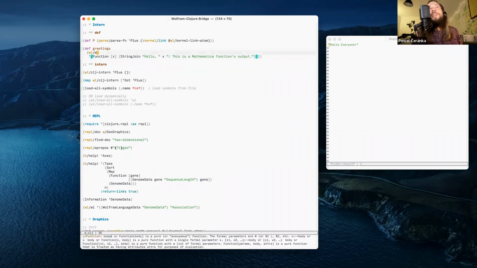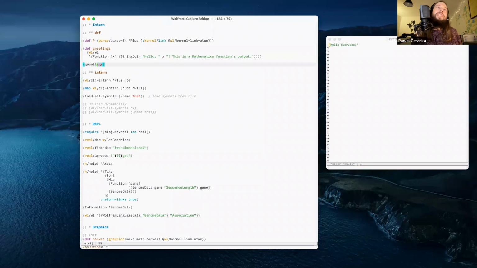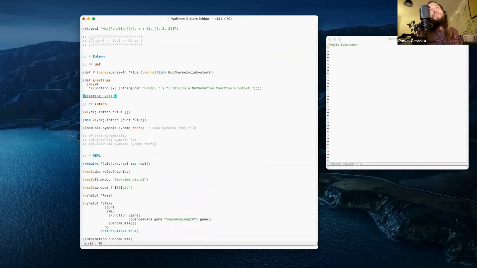Another way to do this is with anonymous functions, as we could do in Clojure as well, right? So now we could say greetings, okay, hello, and you can see this X is interpolated here.